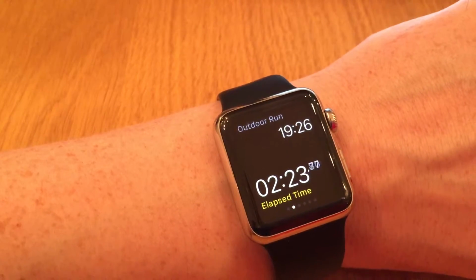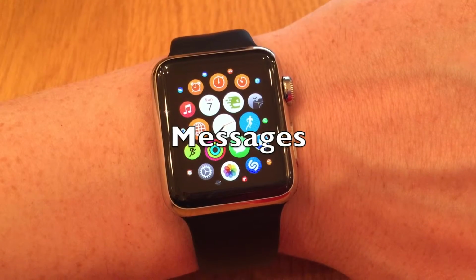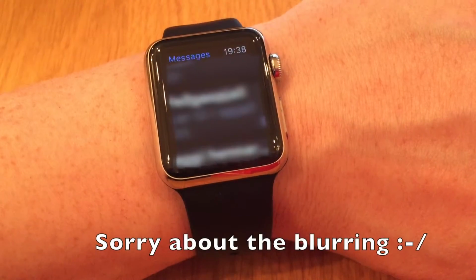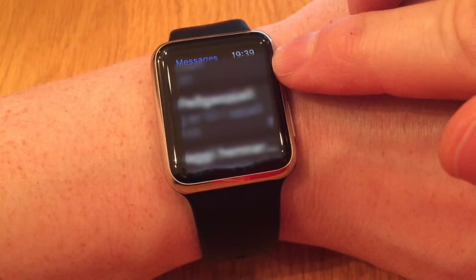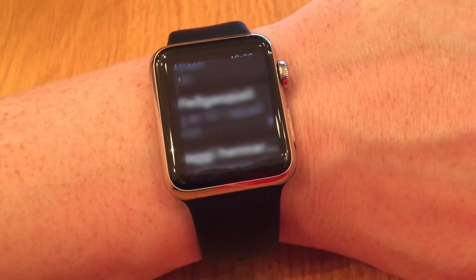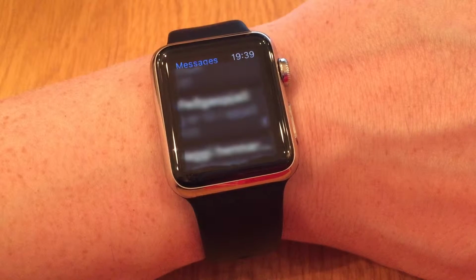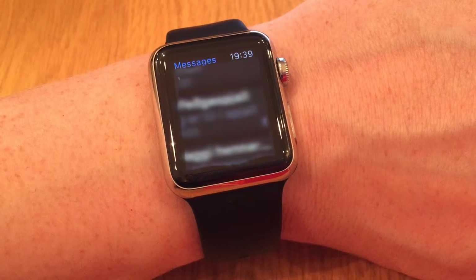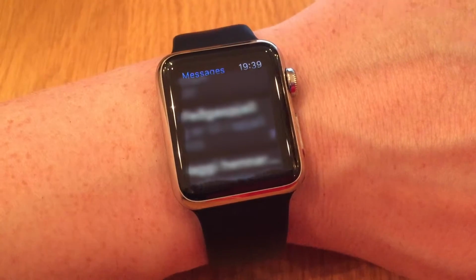So, that was all that I wanted to talk about the workout app. The next app is the Messages app from Apple. It is specifically designed for the Apple Watch. You get a scrollable list of recent messages. It has large, easy-to-use buttons, and the notifications from the app are actionable, so you can reply to messages from the notifications. From the list of messages, you can force touch